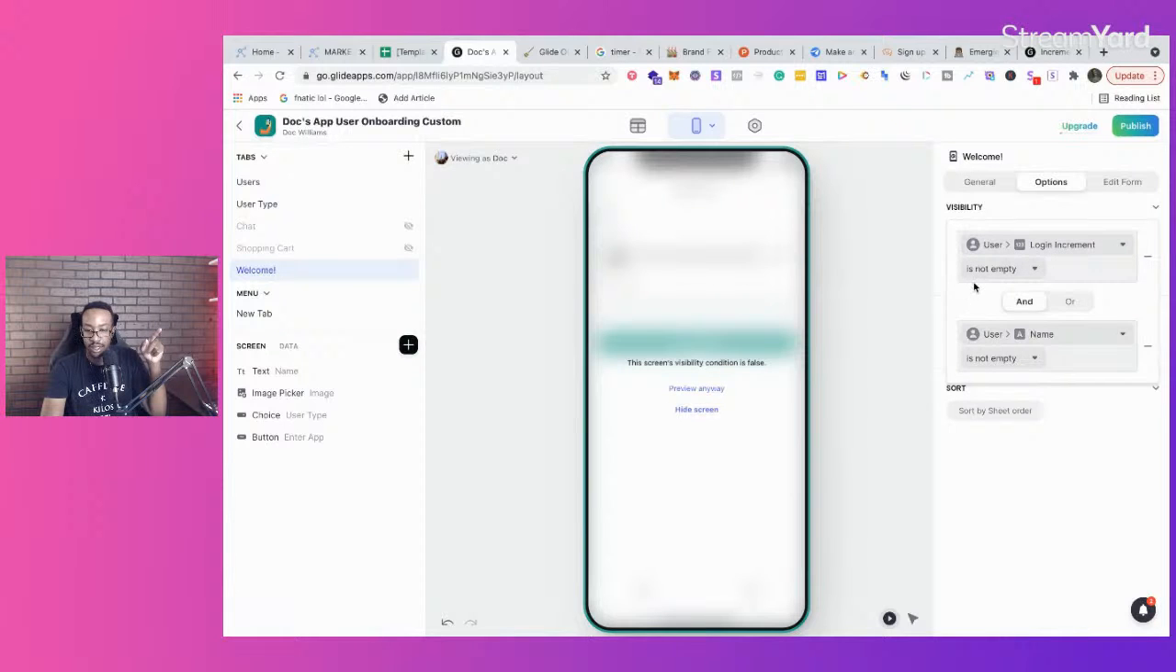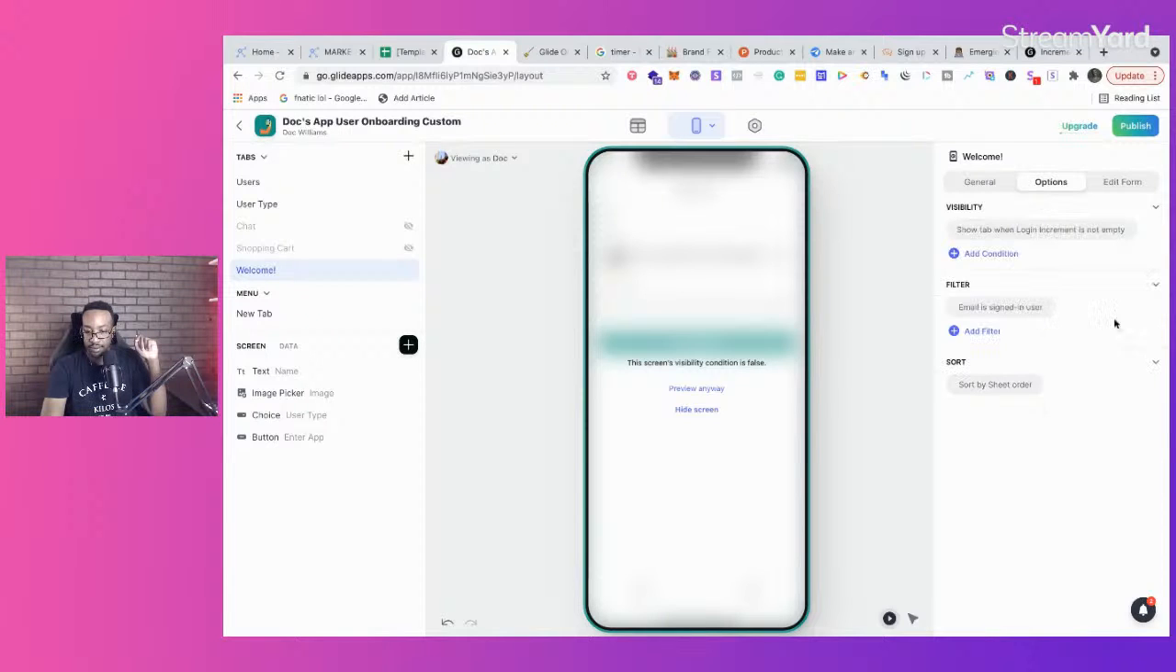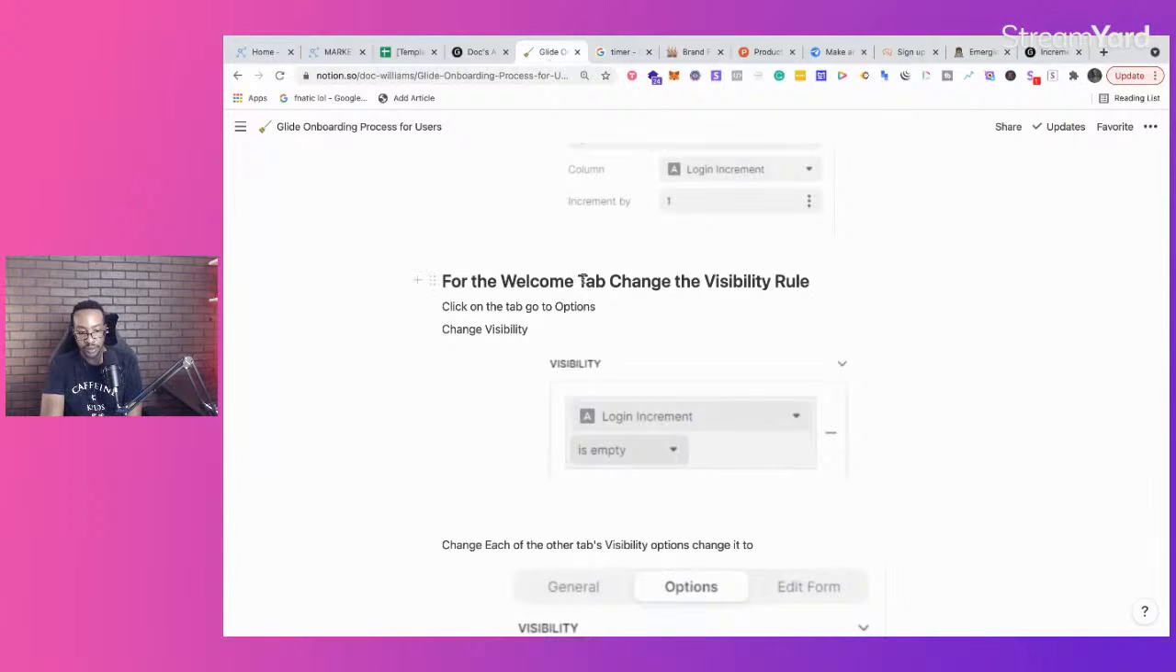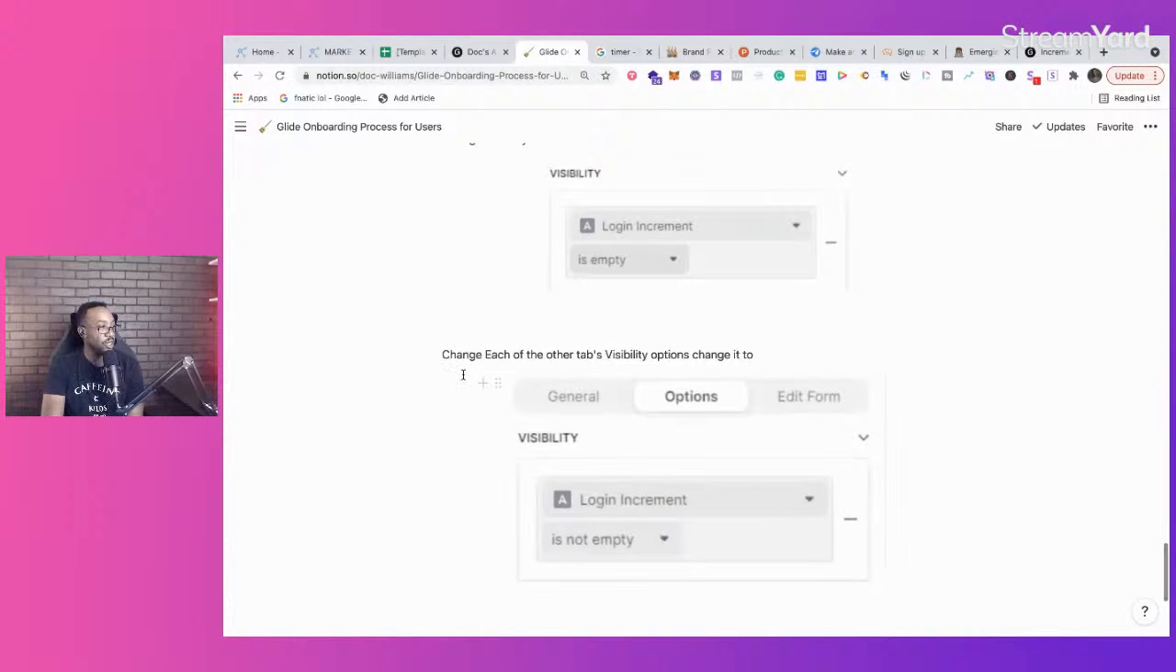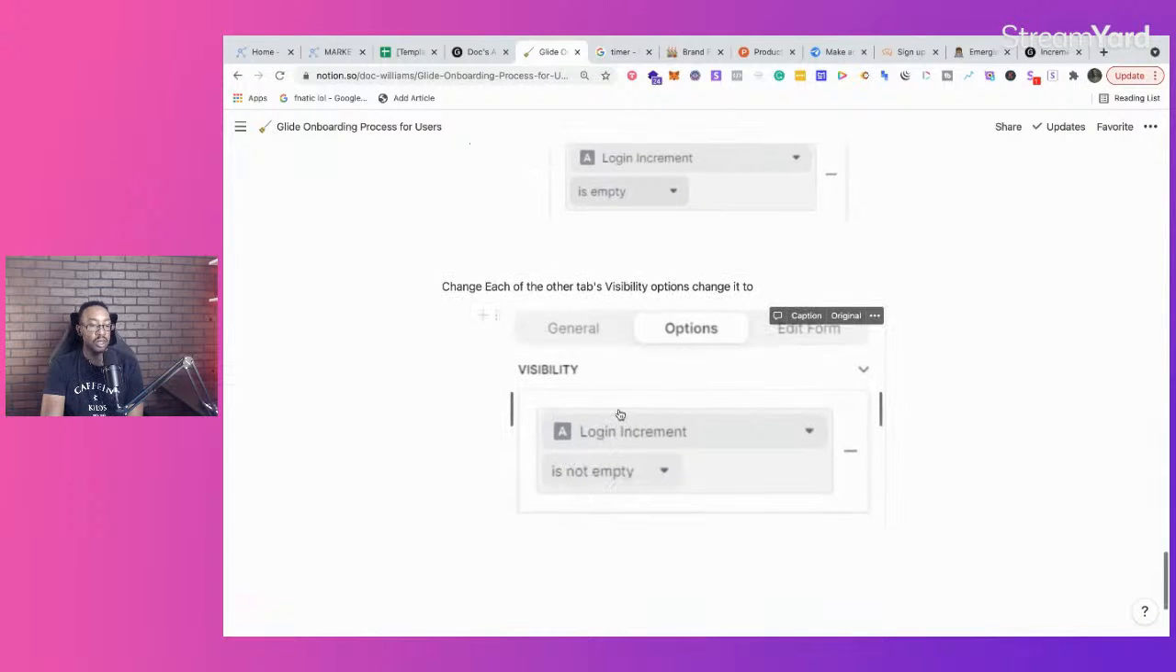Login increment is empty. There we go. Okay, so you see how it says the screen visibility is false. Remember, we already have it in as 1. So now it's showing, hey, guess what? We're showing you wouldn't see all this stuff, so you're just doing the logic. The visibility is logic based right here. Okay, cool, so we did change visibility. And then we say right here, change each of the other tabs' visibility, change it to login increment